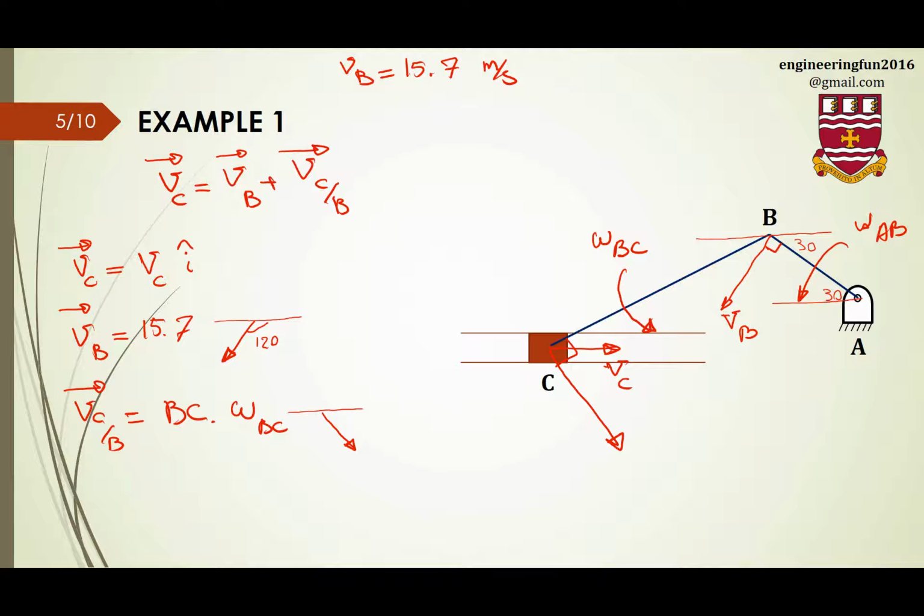Okay, so if this angle is 30, this is 90, this one is given to us, beta 120, so this angle here will be 30. Okay, 120 minus 90 will be 30 here. And if this is 30, if I continue like